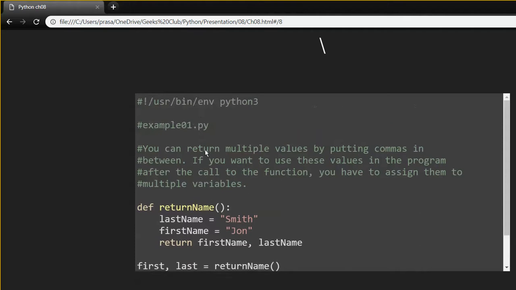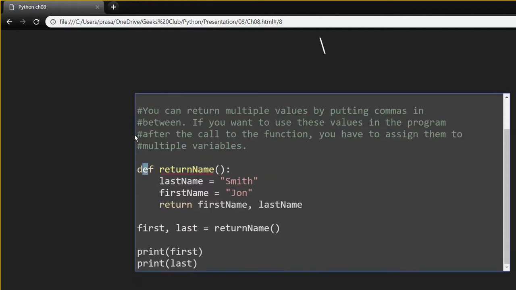Okay, this is another example, return. We haven't seen how to return things, and there is a different way of returning things in Python. I can return two variables in Python with comma separation. So here I am defining a function which wants to return the last name and first name in this format. You can pass the first name and last name and you can just get this Smith and John in a single call. And you can also print them separately.